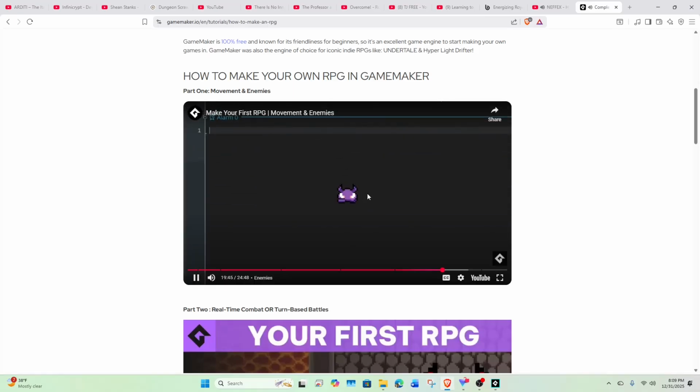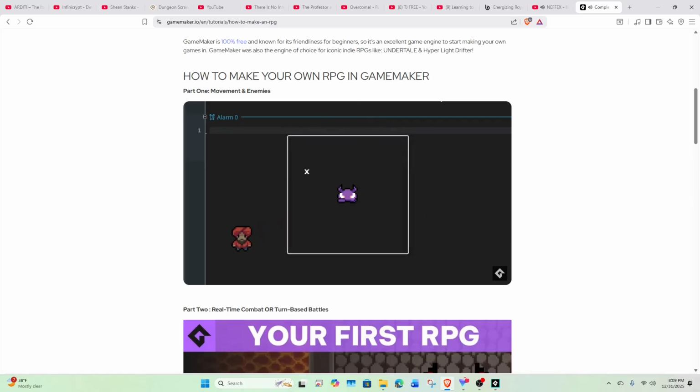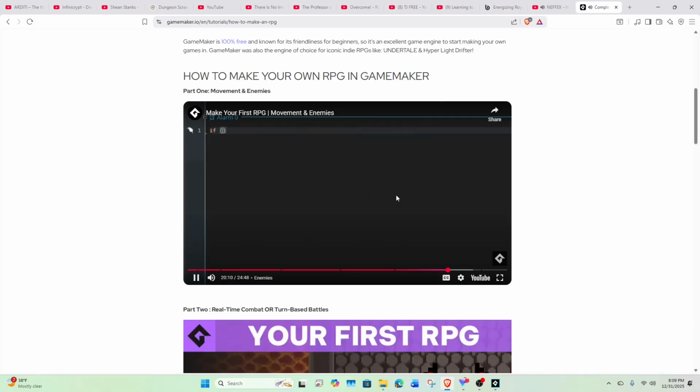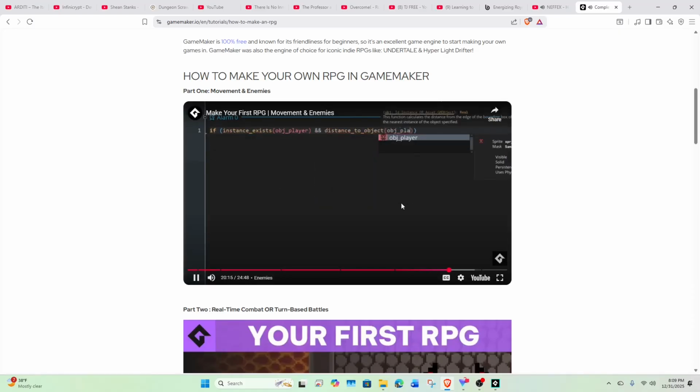Here, we want to do this. First of all, we're gonna check if the player exists, and if the player is close enough. If so, we'll set the target position to the player's position so the enemy follows the player. Else, if that is not true, meaning that the player either doesn't exist or the player is not close enough, then we're going to set the target position to a random point in a square area around the enemy. So let's write the conditions for the first check. If the player exists, and if the distance to obj player is less than distance to player, we're gonna set